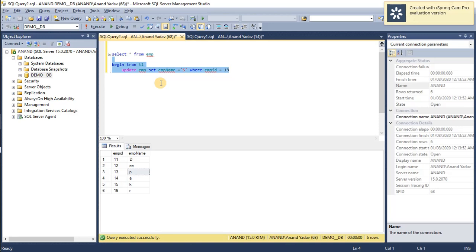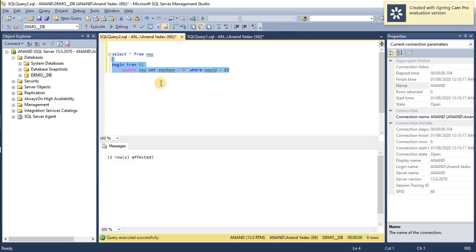I will verify that I am not making any spelling mistakes. Yes. Till then, this is a temporary change that has happened to the table.